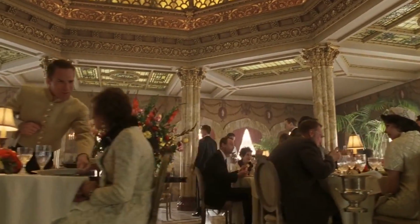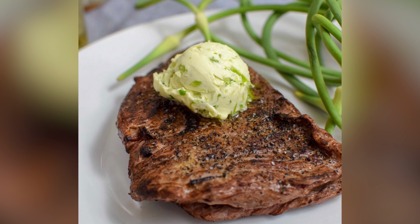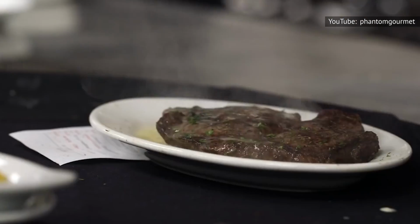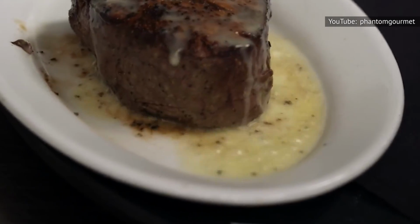Restaurants often use compound butter to enhance the taste of everything from chicken and waffles to cuts of steak. In fact, according to Anthony Bourdain, the reason why everything at restaurants tastes better generally comes down to one thing: butter, and lots of it. There's a good chance that when you order a nice steak from a great restaurant, compound butter was involved somewhere